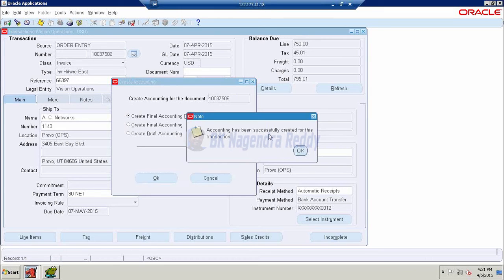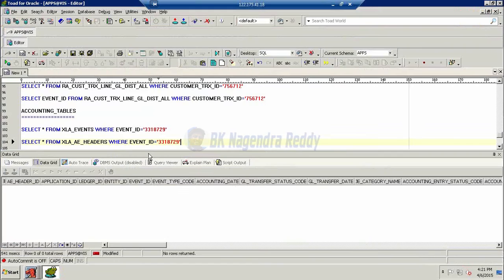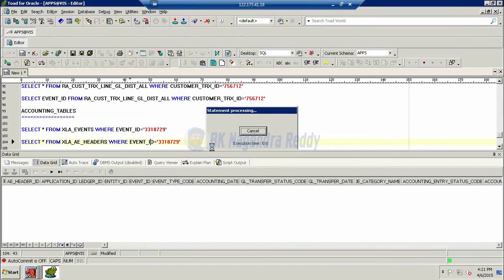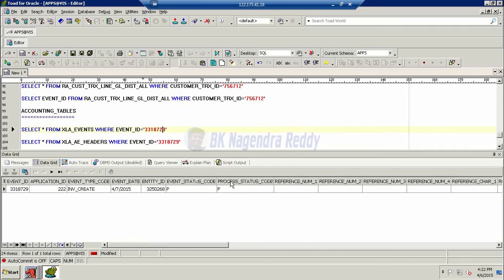Then accounting has been successfully created for this transaction. Click on OK. Let us now check it. The data is created. What is the invoice? Sales invoice. Okay. It still shows the process is P, meaning processed, posted. Let us